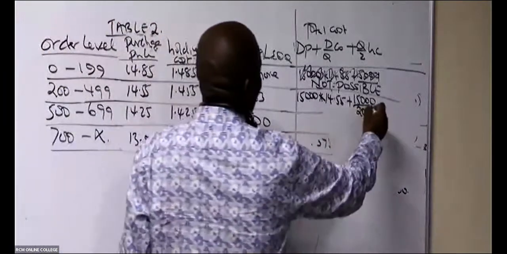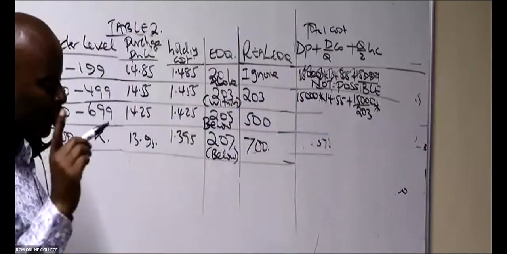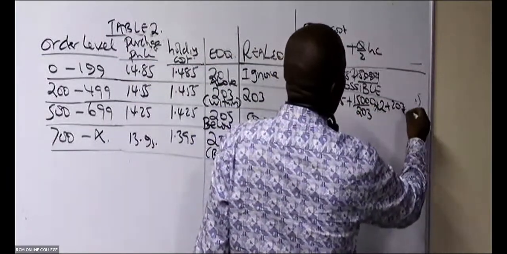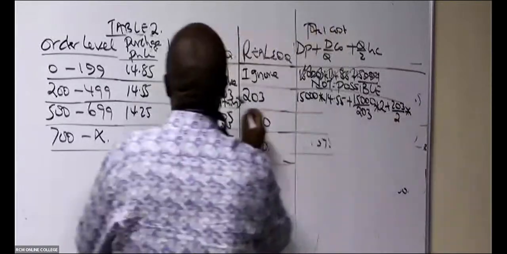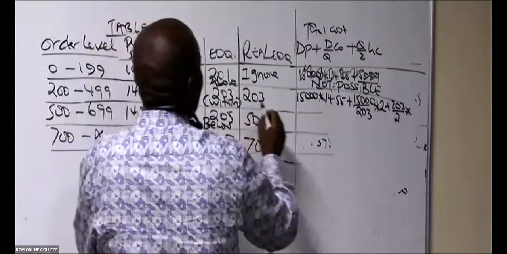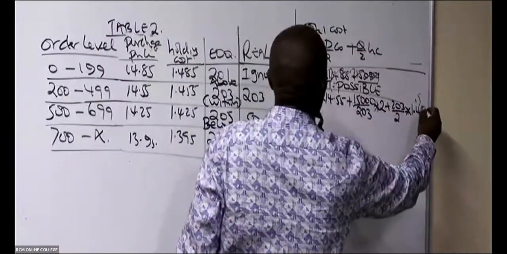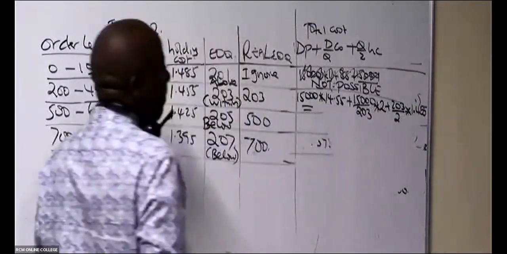Is there somebody who is able to remember the cost per order? It's 2, yes. So we have 2 plus these 203 divided by 2 times our holding cost for the second class. The second class holding cost is